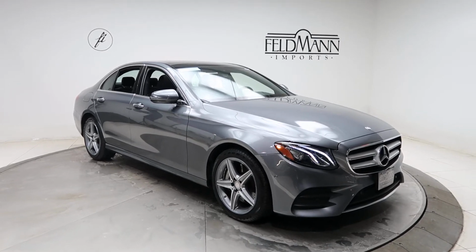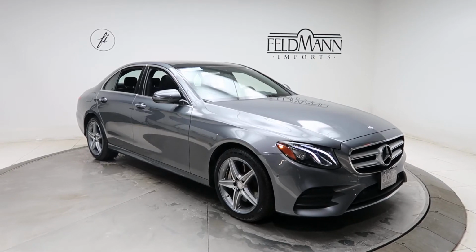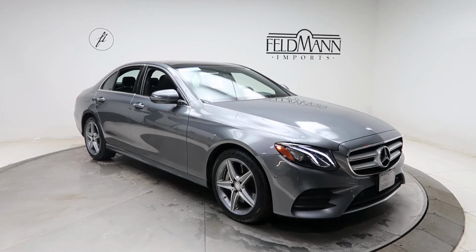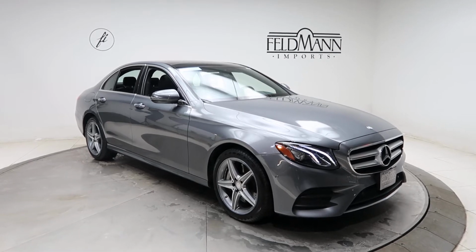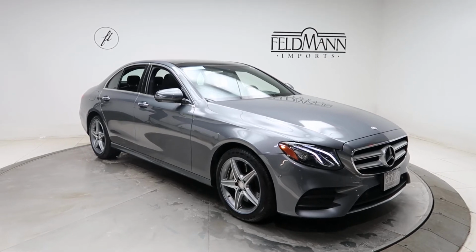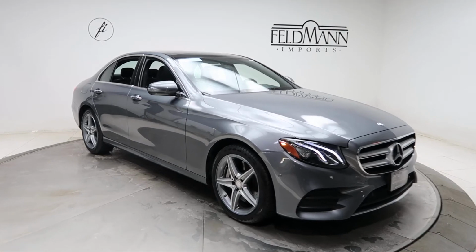Today we're taking a look at a certified pre-owned 2017 E300 4MATIC. This one's Selenite Gray. Underneath there's a 2-liter 4-cylinder turbo pushing out 241 horsepower and 273 pounds of torque. This one does come with the sports package, which is going to give you 18-inch 5-spoke AMG wheels, AMG interior and exterior look, front and rear LED daytime running lights,